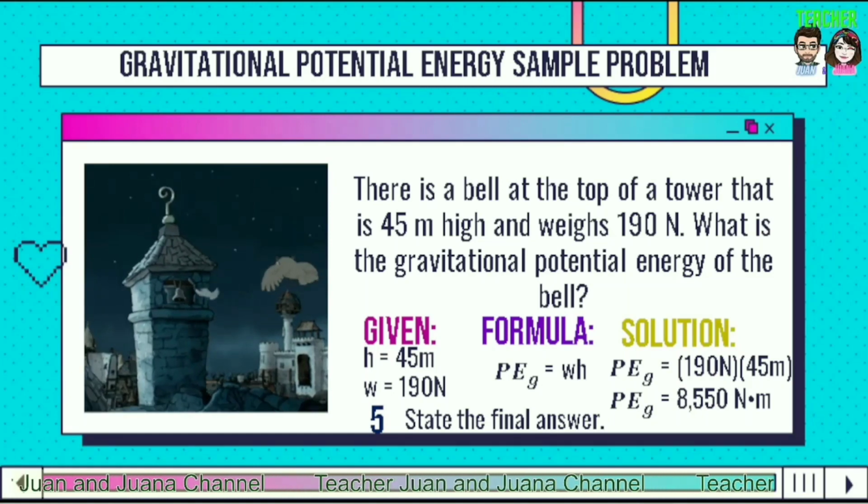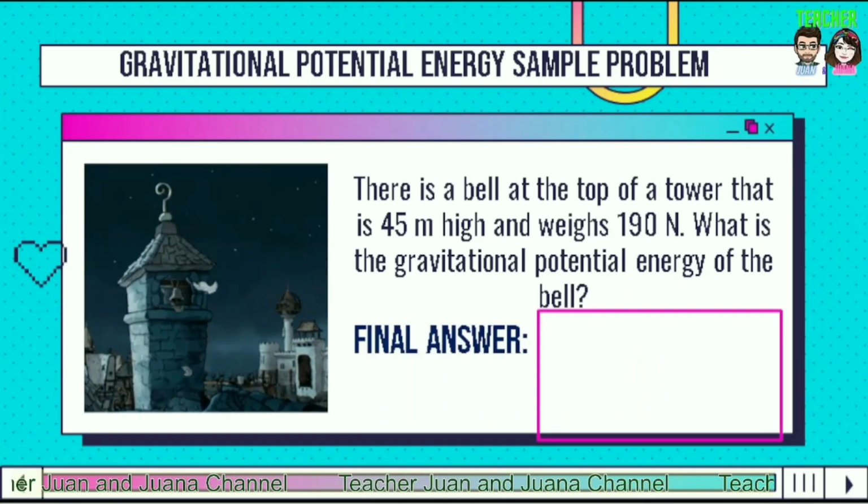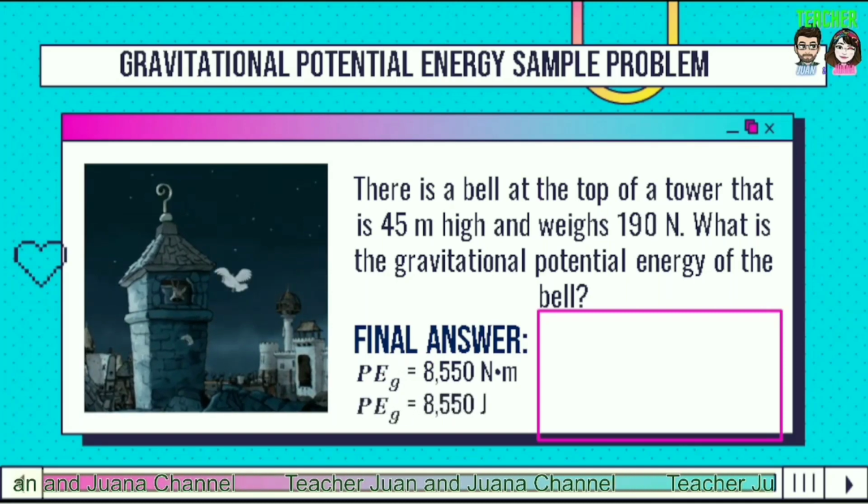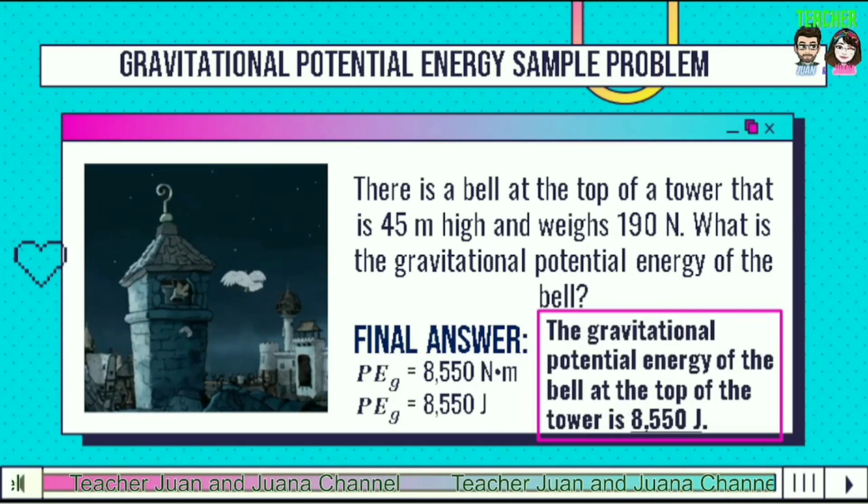It is not yet the final answer. Why? Because the unit of gravitational potential energy should be in joule. Therefore, we need to change newton meter to joules. So, the final answer is, the gravitational potential energy of the bell at the top of the tower is 8,550